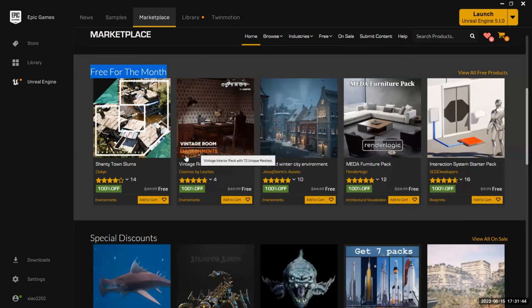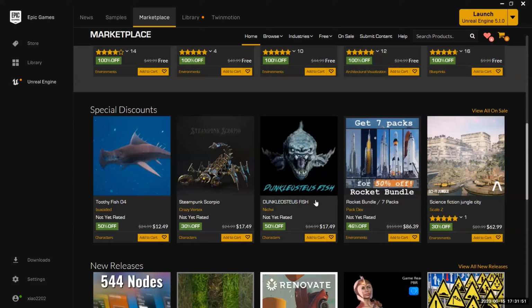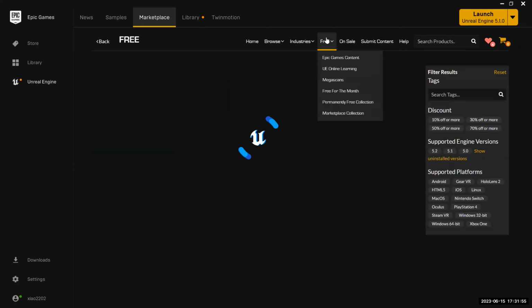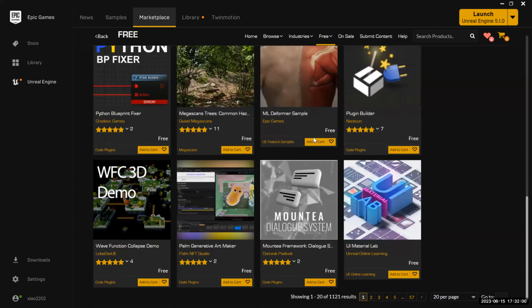There are tons of assets like buildings, animation, different characters, scary fish. And here you have a free tab. You can just click it. There's just tons of free assets for you to download. You can just add it, and then